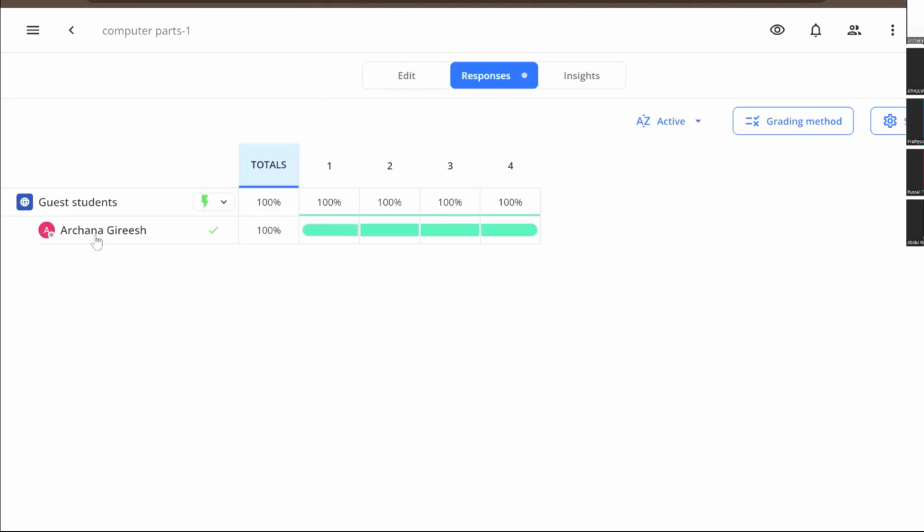When I am doing as a student, from the teacher side, the teacher will be able to see the first question I did. The student name will be appearing here, and the first question, 100% achieved. Second question, that means live response will be seen. Suppose I have made any mistake in the second, it will be showing red color wrong. Like that, live response can be seen through the formative tool. I hope it's clear.